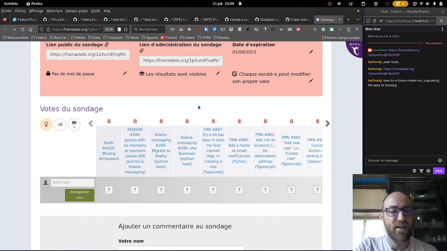Okay, next one. Next one is FMN 897. So in FMN, when you edit a rule or when you create a rule, it's not directly obvious that there's a button to click to actually store it, because it's a multiple step process, and it's kind of easy to miss the final step.